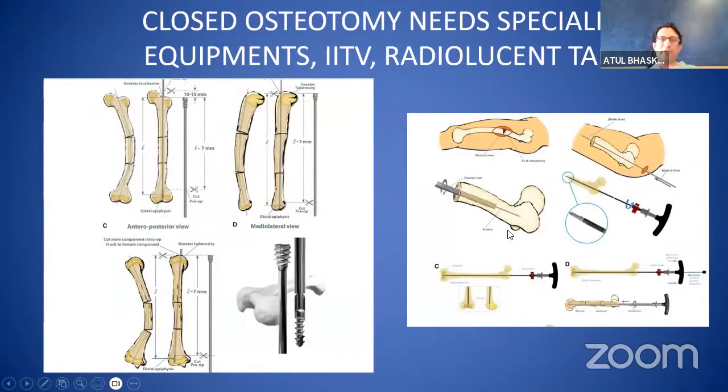Well, there are closed techniques which have been described in the manual of the original FD nail. This requires specialized equipment. You need to have a very good image intensifier and a good radiolucent table. Then you can do these percutaneously as well if you have this special rod, which is a male introducer, and this helps us guide the guide wire across bone segments.